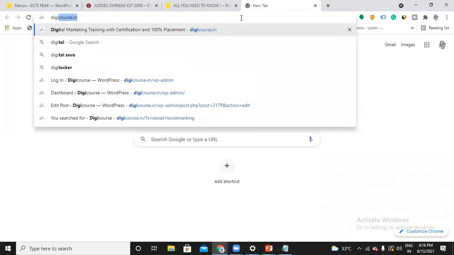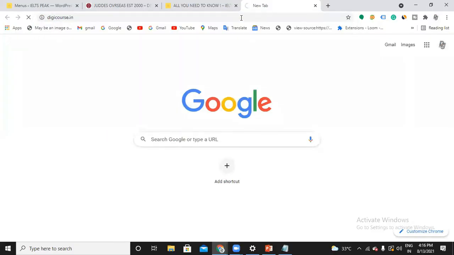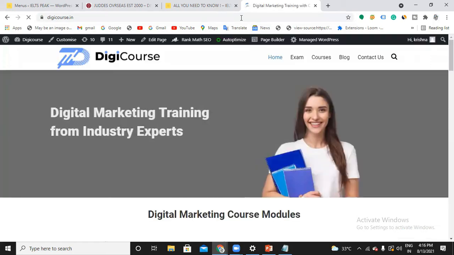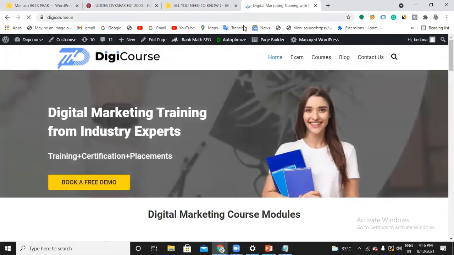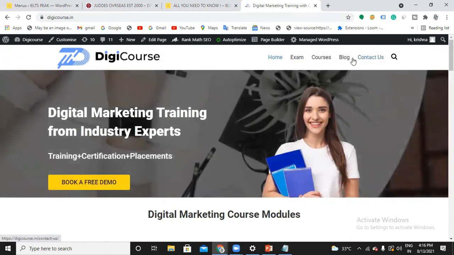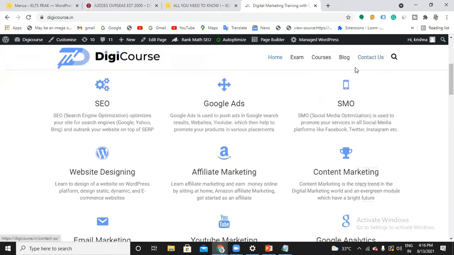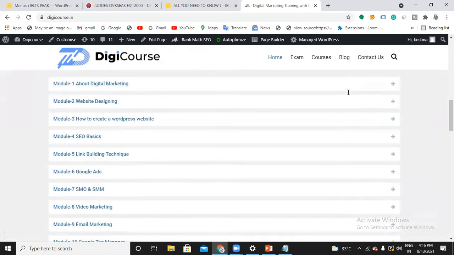So guys, now we know how to design a website using themes, right? How to create the header sections, how to create menus, how to customize the sidebar and footer sections, all those things we have discussed, right? See, now Dizzy Course is there. We know how to maintain this menu section and how to write the content and all.